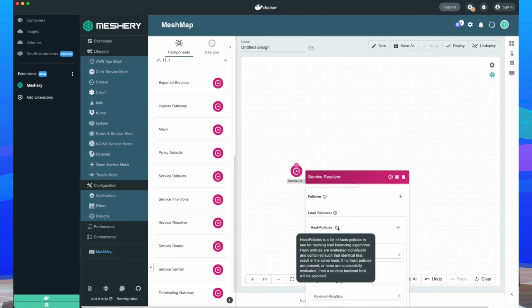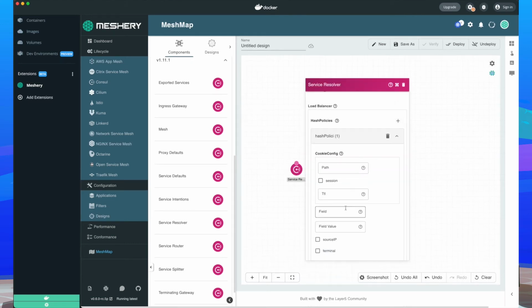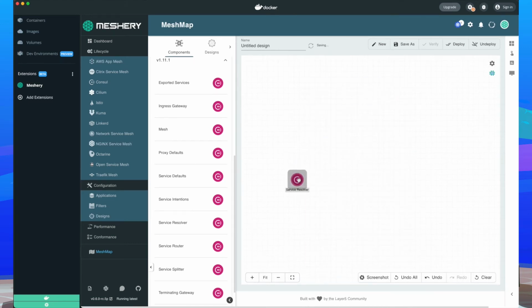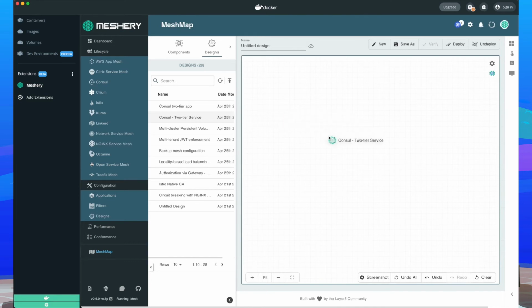Again, here's our hash policies, and so we can use this UI to build these out. As we do, I'm going to take a moment to build on our design that we've just created, our Consul two-tier service. I'll get this loaded up, and I'm going to add a few things.